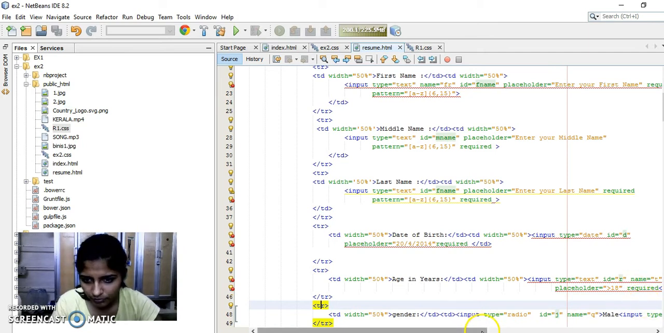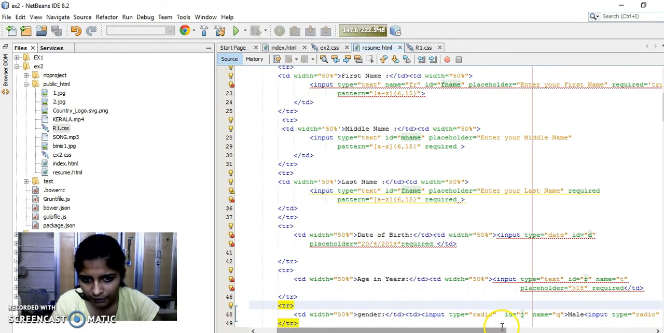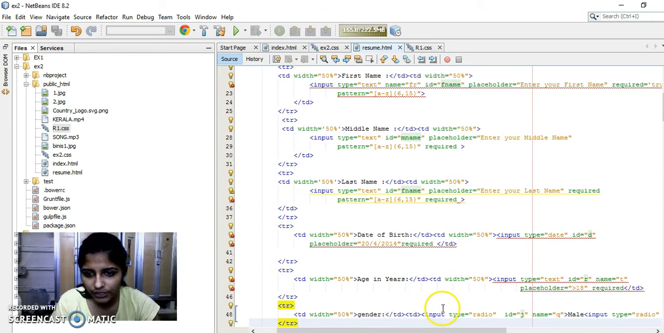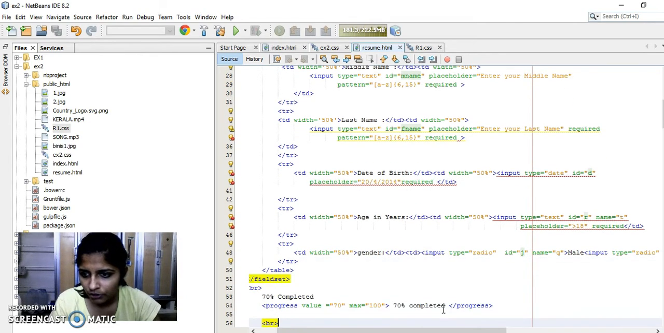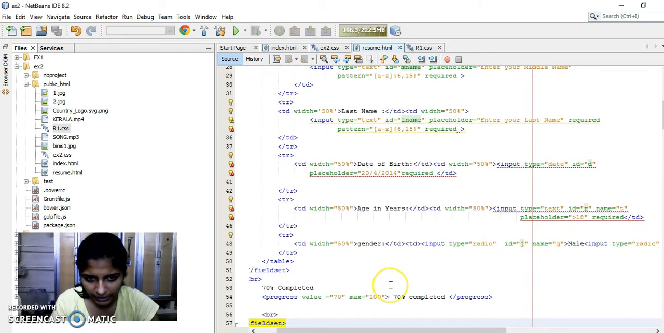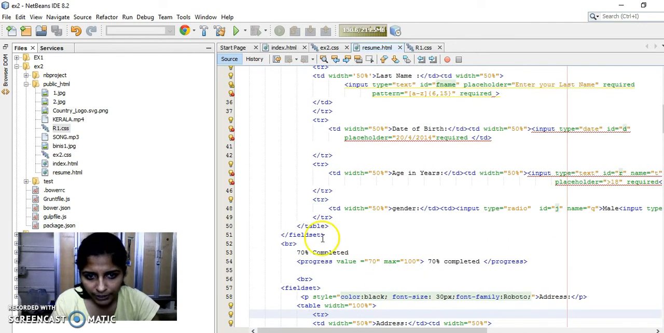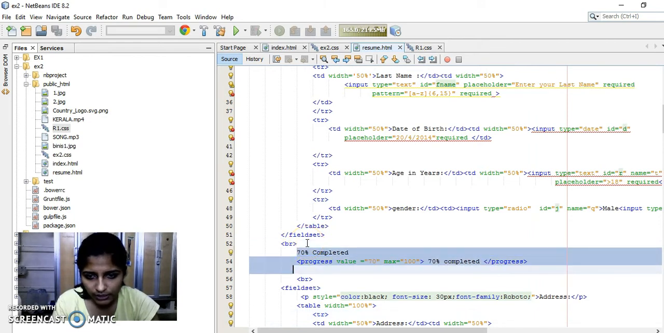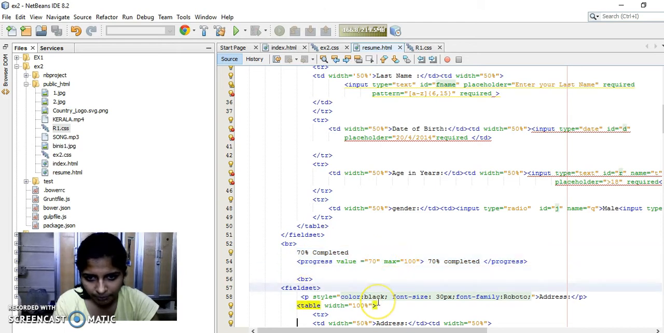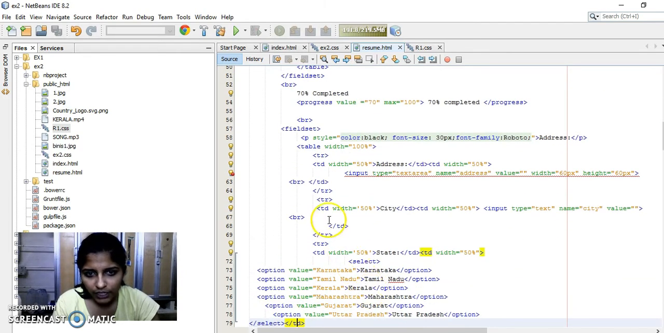field. Then we will have our gender, it is like a radio button. For that, the first option will be male and the next option will be female. Then one of the field sets will complete over here. Next we'll have a progress bar which will say that 70% is complete, the progress value will be 70 and the maximum will be 100. Then after that we will have another field set for our address, in which it will take